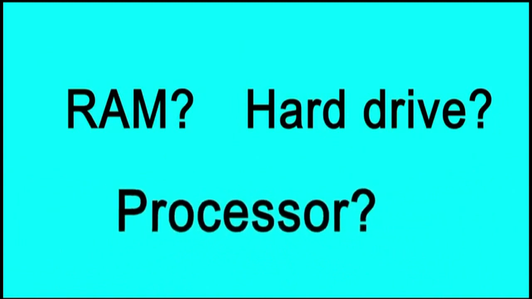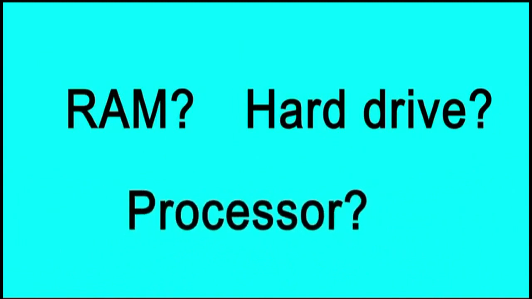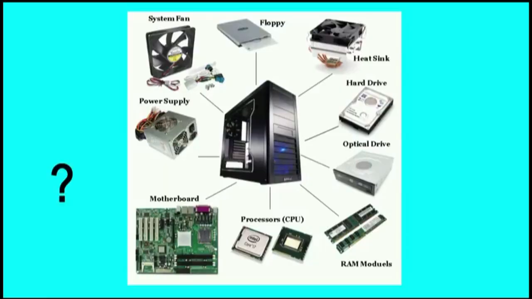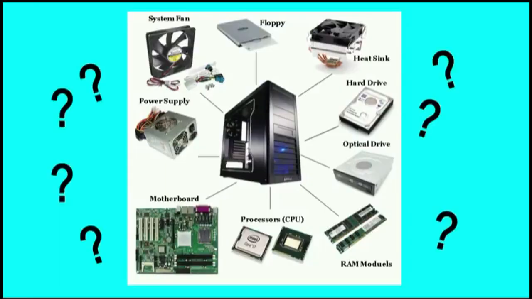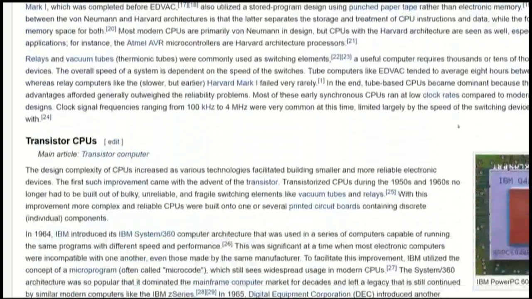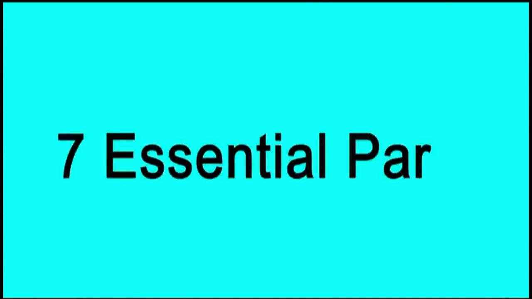If you work with computers, you have likely heard terms like RAM, hard drive, and processor mentioned by technicians, programmers, and complex computer experts. If you get a chance to open the cabinet, you find it is a very complicated machine. Different parts of different size and shape are assembled inside the cabinet. These components are complex enough to understand that if you are going to prepare notes, it will take more than 100 pages. A typical desktop computer comes with 7 essential parts.